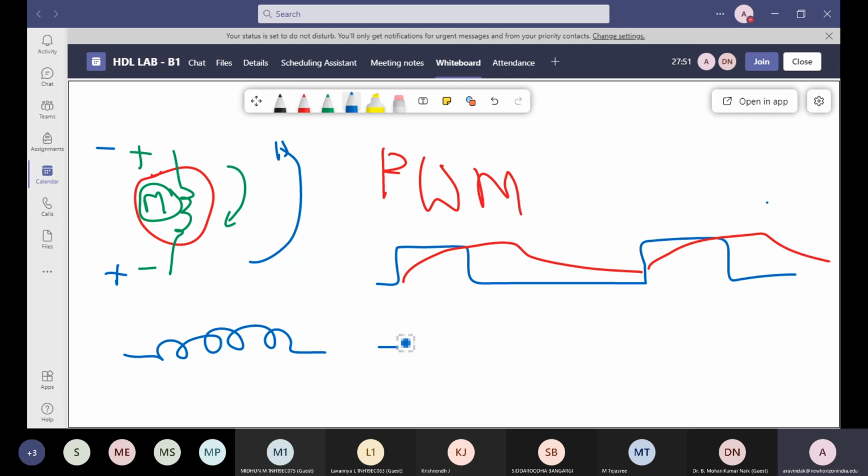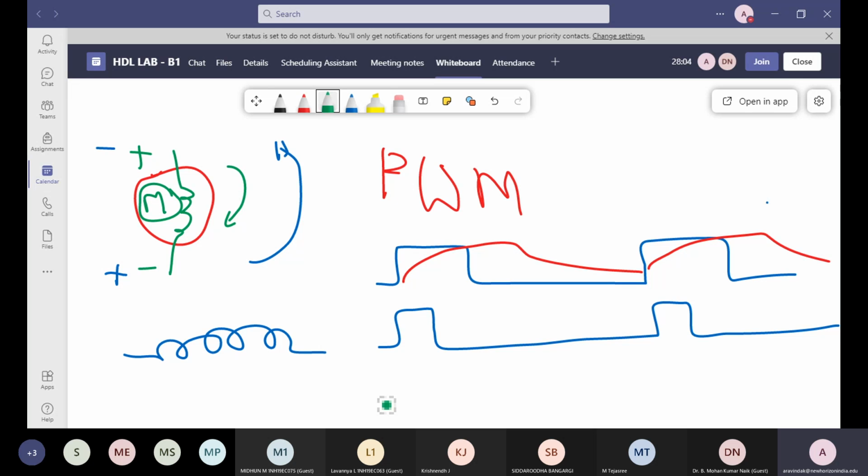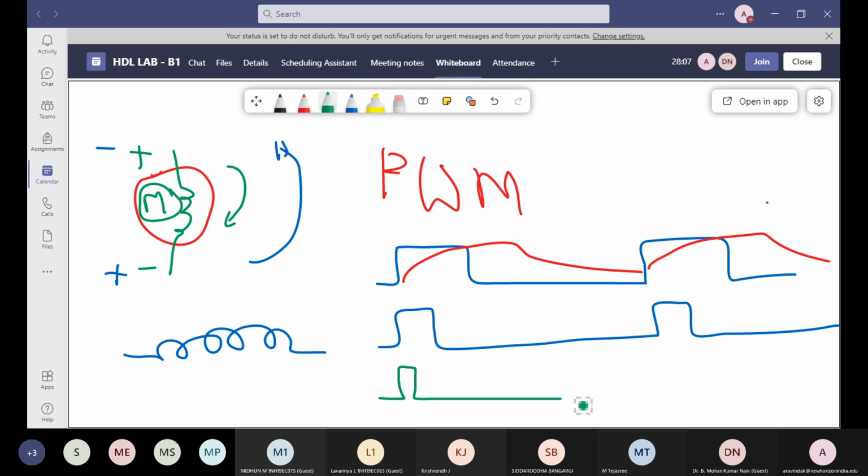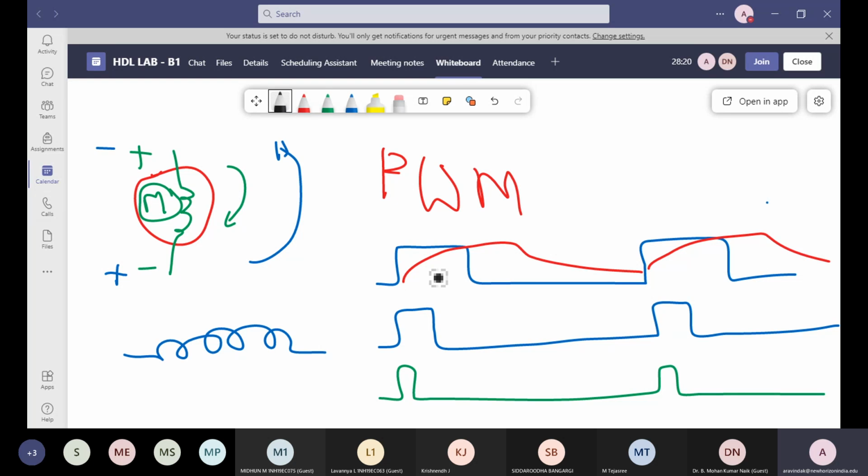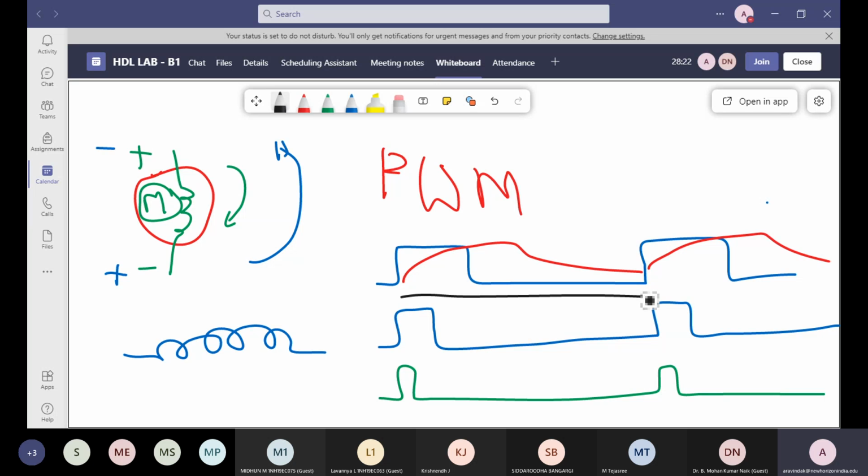Now let us say we apply a pulse like this. Now you can see an example of a pulse width modulation here. Let me write one more pulse below. So you can see here, I am showing you 3 pulses. In all these 3 pulses, the period of the waveform is the same. You can see here, right? This is the total time period of the waveform, T, and that is the same everywhere.